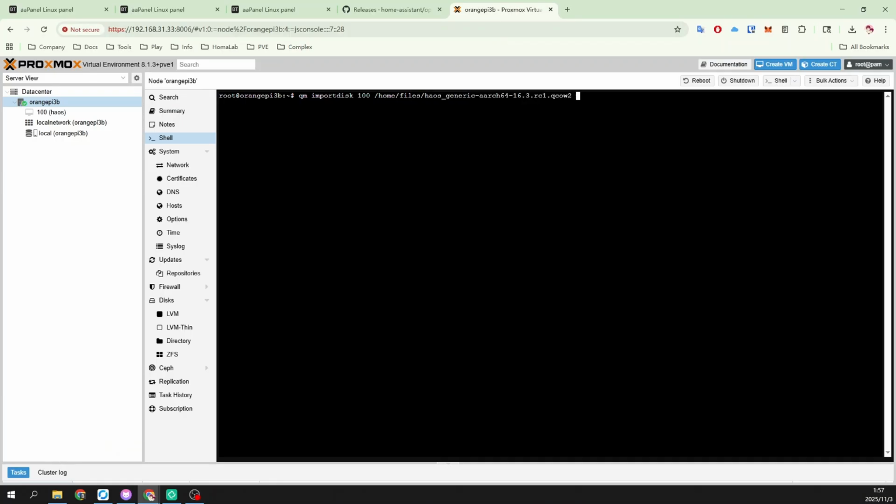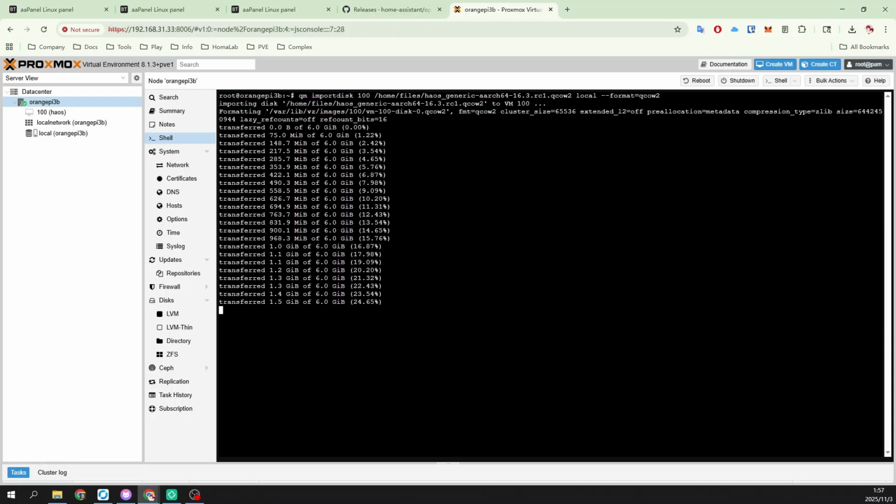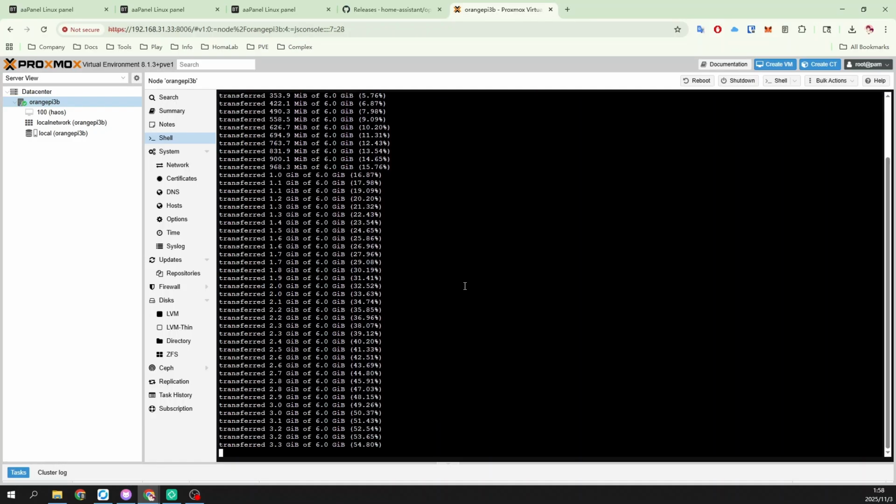Now we put it. Take a look at this. This is local. Put out the disk of this format. Although it is already in this format, let's add another format. Make sure it is indeed a disk. Then start executing. Wait for a while. The import is successful.